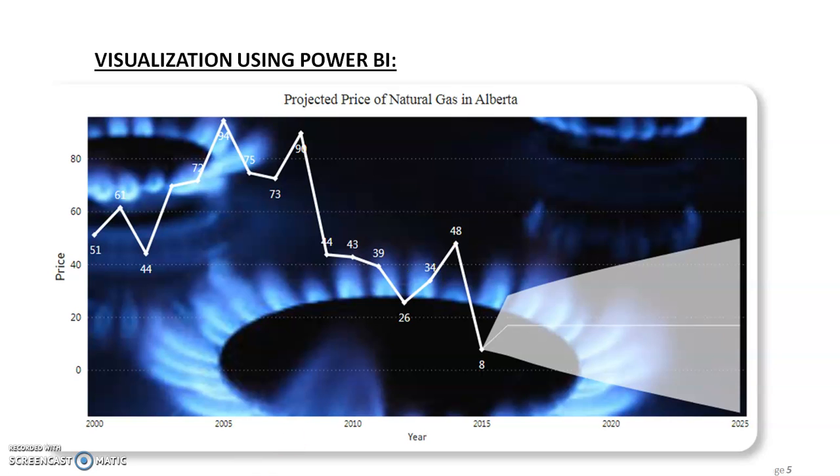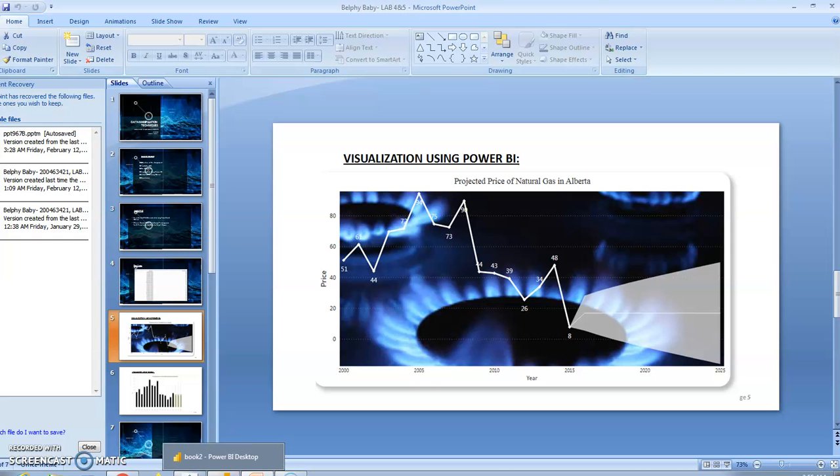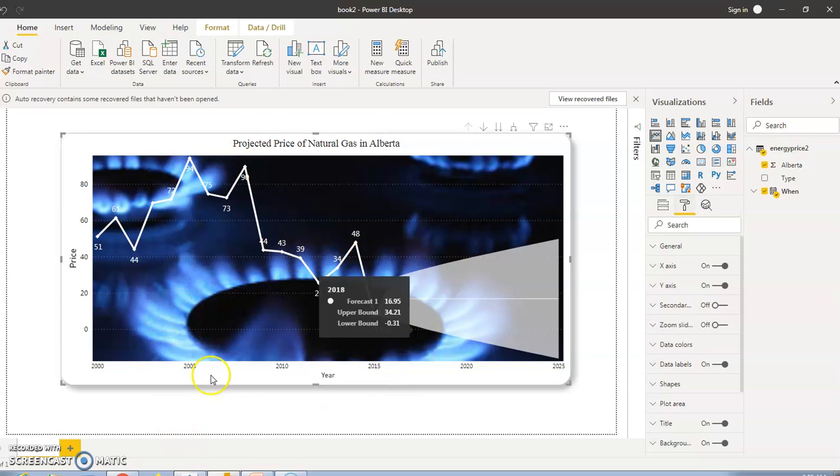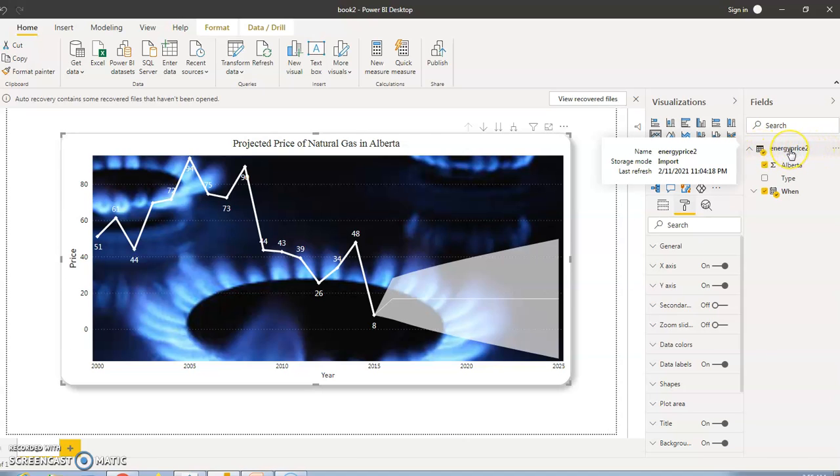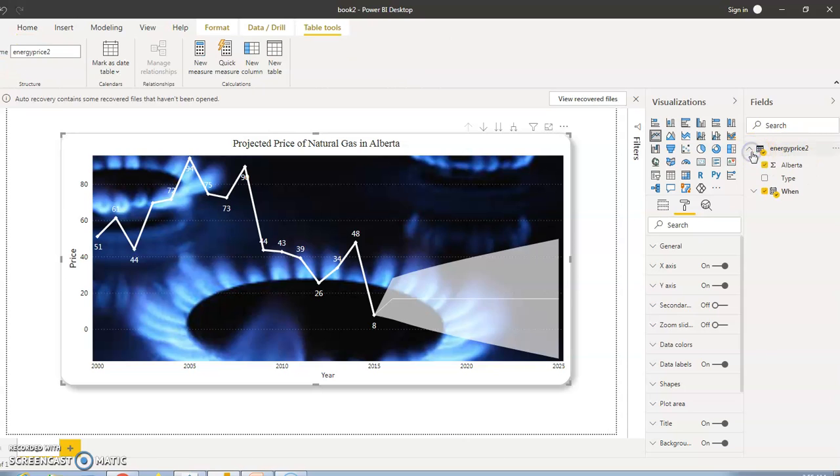Now we'll move and see our Power BI tool, or Power BI Desktop. This is the studio where we create Power BI visualizations. We can upload our CSV or Excel, whatever we want to portray, through the upload option. Once we upload, as you can see in the right pane, energy price 2 is the Excel file which I have used. This is the way it is shown when it is uploaded. By the way, my system is quite slow, so a click may take more time than usual.